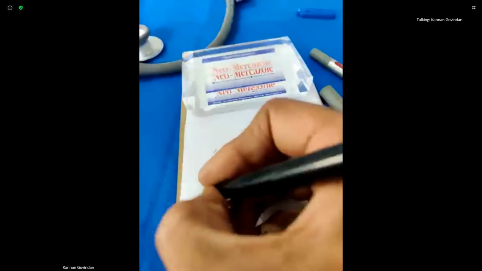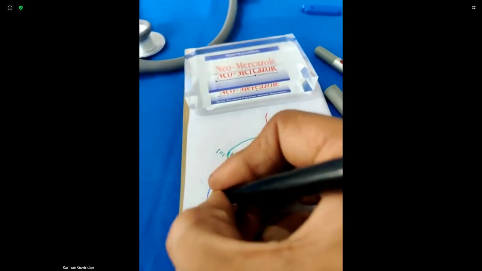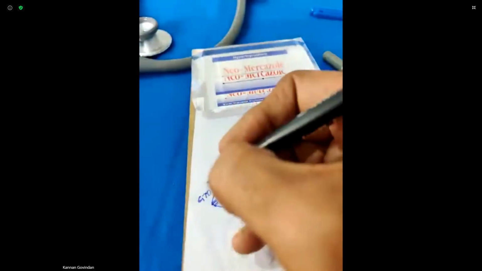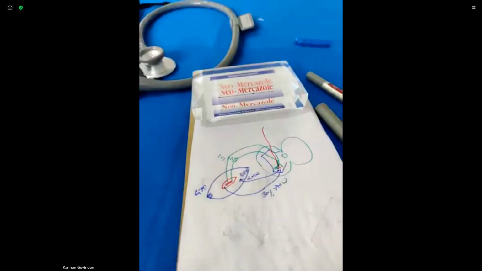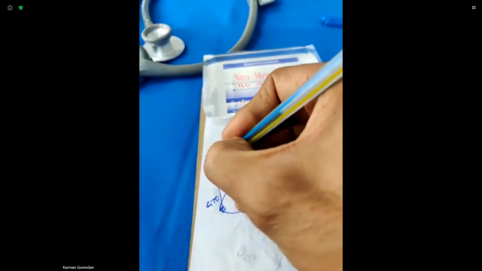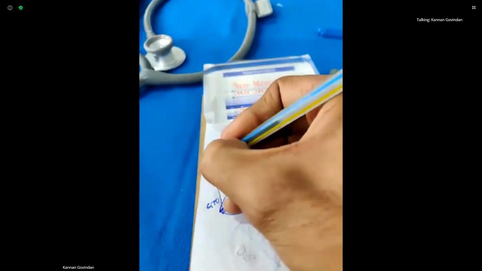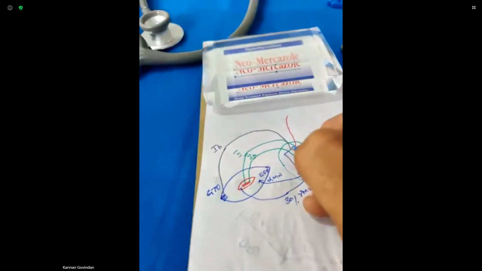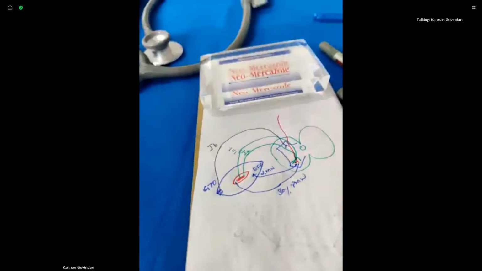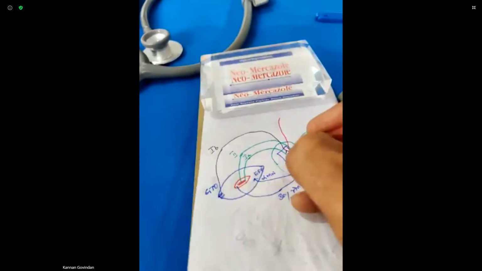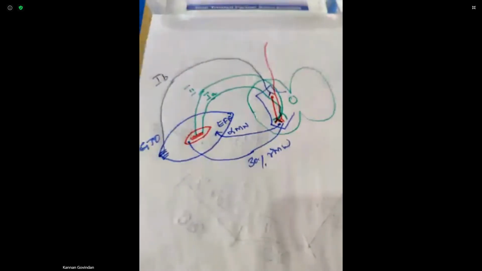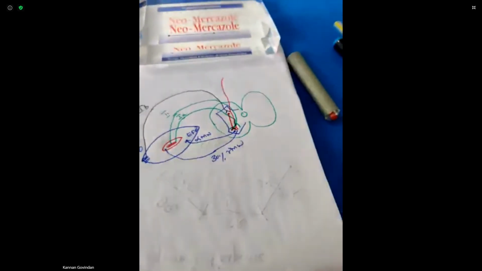Then at the end of the muscle, near the tendon, we have a special organ called the Golgi tendon organ. From the Golgi tendon organ, we have a separate nerve fiber called 1B fibers. These 1B fibers come and end in spinal cord. From there, we have an inhibitory interneuron. This inhibitory interneuron comes and ends in alpha motor neuron. Okay. This is the arrangement of muscle fibers and nerve fibers.